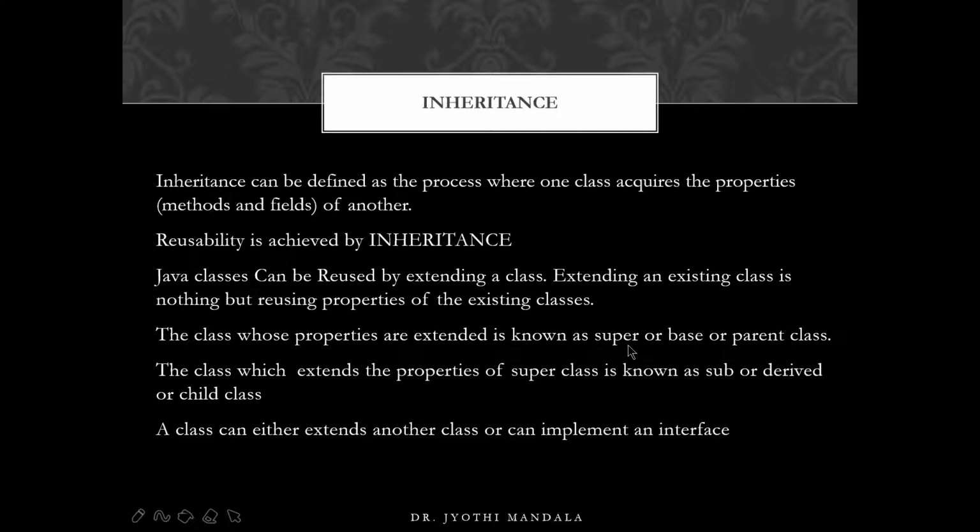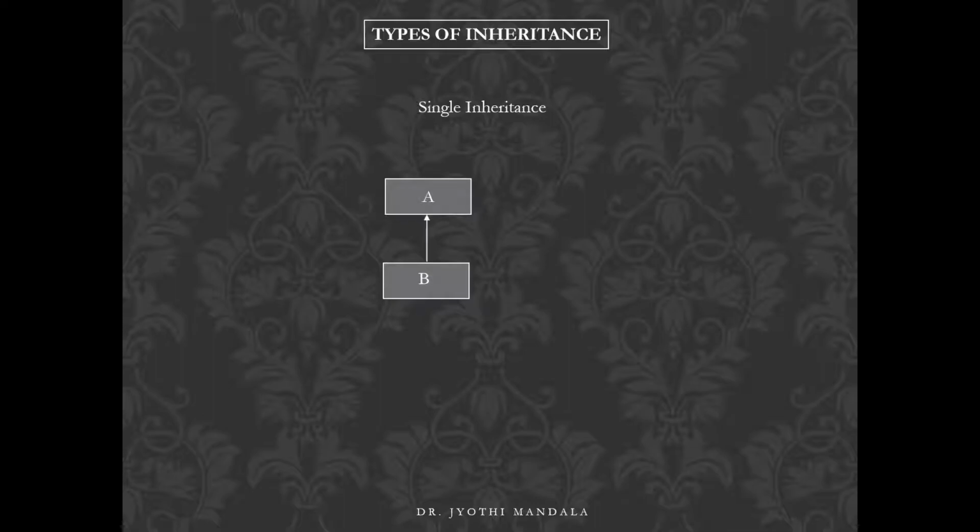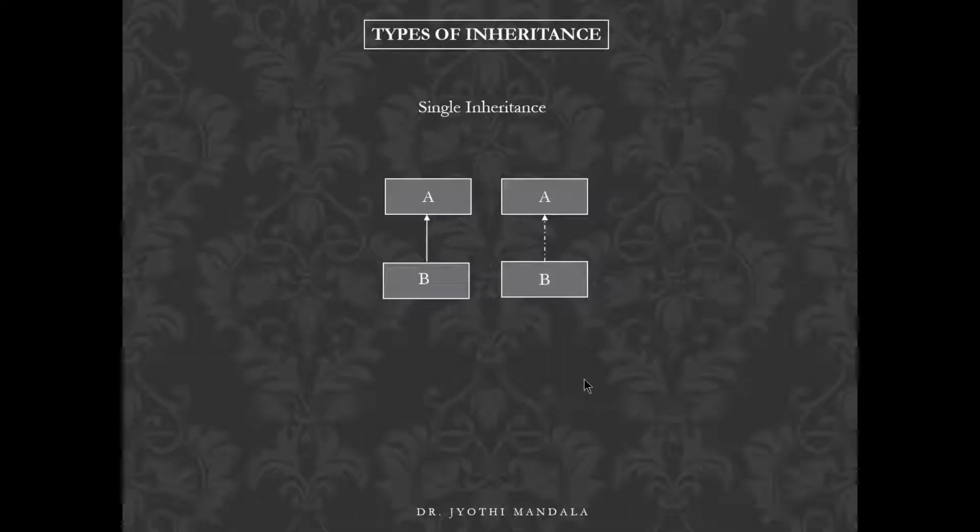We also learned that the class from which we extend the properties is referred to as a superclass, base class or parent class, and the class which acquires those properties is referred to as a subclass, derived class or child class. In this lecture we will see single inheritance in detail. Normally, single inheritance can be defined like this: we have only two classes and one class acquires the properties of the other class, or else one class acquires the properties of an interface. We are not going to learn about the implements keyword, only the extends keyword. Okay, so let us see an example of single inheritance.